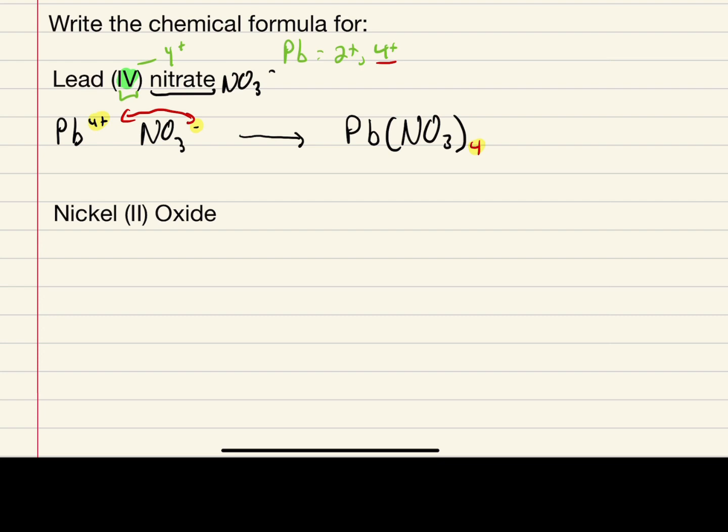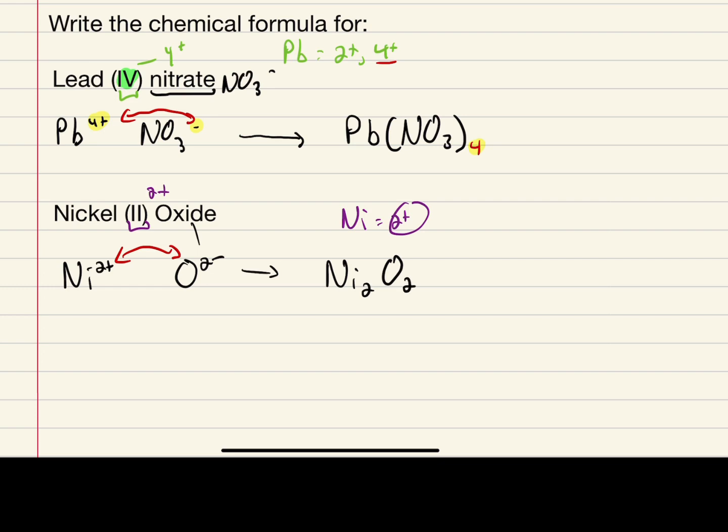The same is true with the next one, where we have nickel, bracket, II, close bracket, oxide. So nickel can have, again, different charges, right? It could have a 1 or a 2 according to the periodic table. In this case, because it's saying that it's 2, it tells us we're going to use a charge of 2+. So when we write the formula here, we're going to go Ni2+, and then oxygen has a charge of 2-. So when we swap and drop these, we get the following, which is